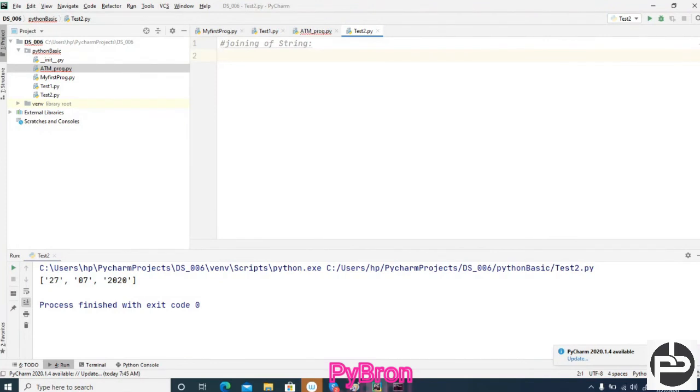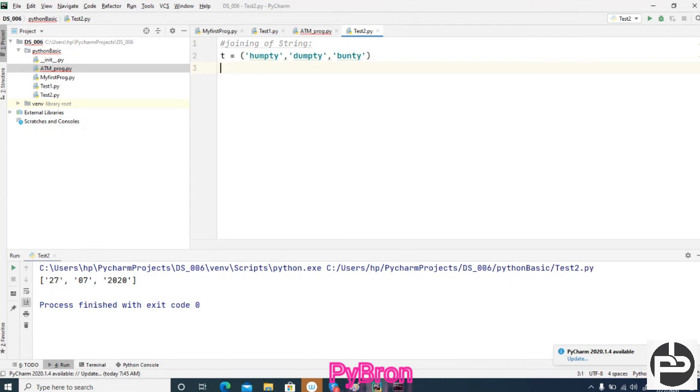Suppose we have one tuple, and here I am putting Humpty, Dumpty, Bumpty, whatever you want to say, and Bunty. Suppose you want to join this tuple, which is a combination of small strings, into a single string.